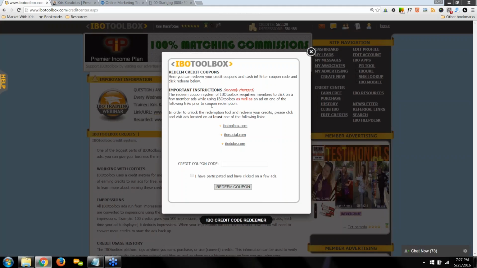It's going to ask you to visit one of the following links here, and you've got to click on one of these links to visit some ads on one of these sites. You've got to leave this box open, click on the sites here, enter your coupon code, and by clicking on one of these links, it will activate this tick box. If you don't click on one of those links to go visit ads, you won't be able to click.